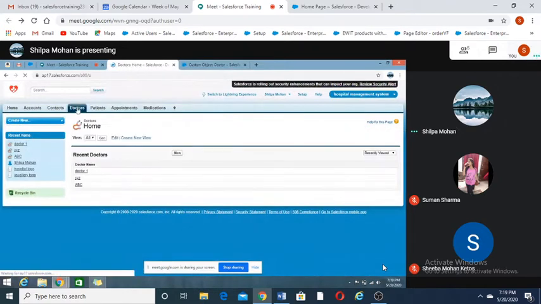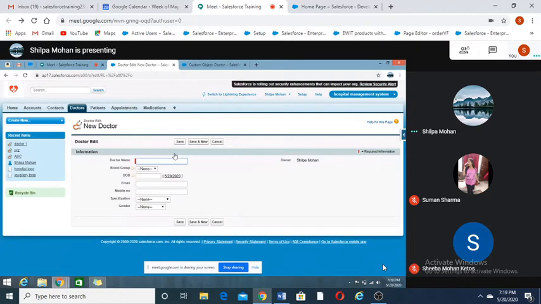Create a record, then give any value. Why is this age not getting displayed? Age is a formula field, right? After you enter this value and click on save, at that time it will be displayed.